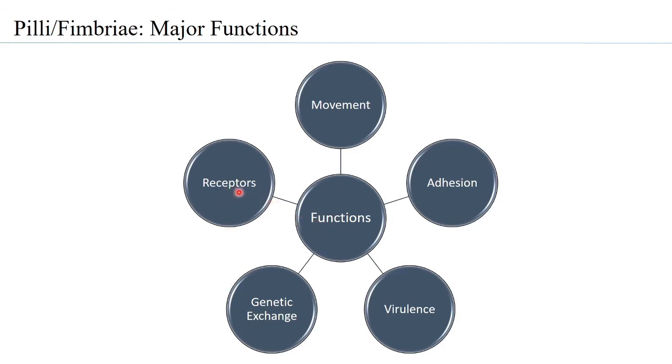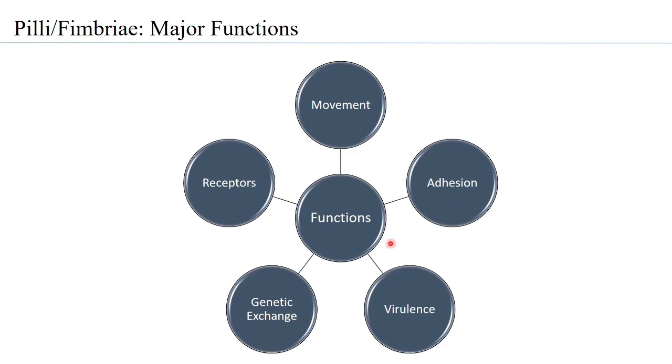Interestingly, the pili also act as receptors for other molecules. So you may have the pilus being a receptor for a virus. A virus can enter the bacteria thanks to binding to the pilus, and through the pilus, the virus is able to inject its genetic material. So it itself acts as a receptor and allows genetic exchange from a virus to itself, or it could be just naked DNA present outside that can enter the bacteria through the pilus. So the pilus per se is also acting as a receptor for the bacteria.